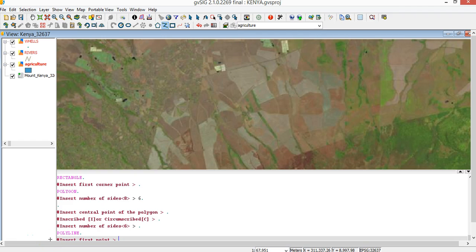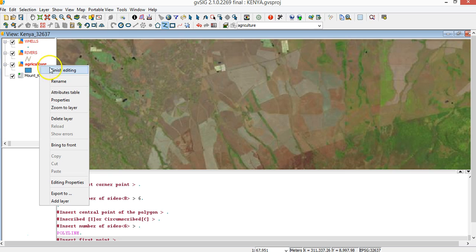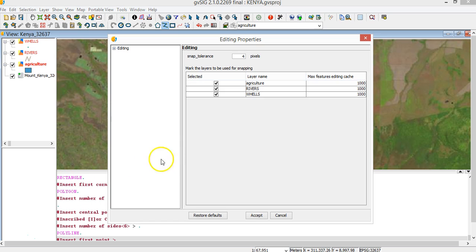Okay, now let's start to draw our layers. Here you see we can draw agriculture, rivers, or wells as well. It's up to us. So then we can define first of all the editing properties. Right click, editing properties. You see here you have all the layers that can be used for snapping, and the